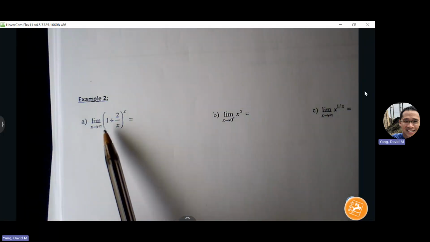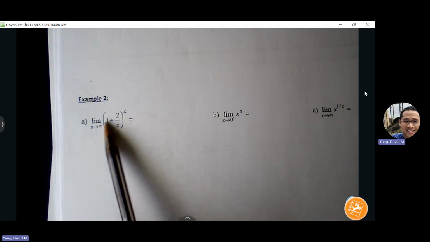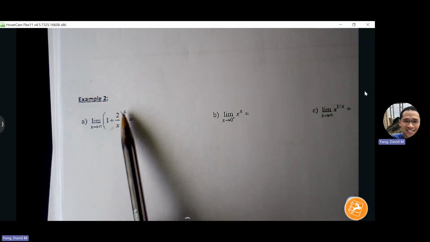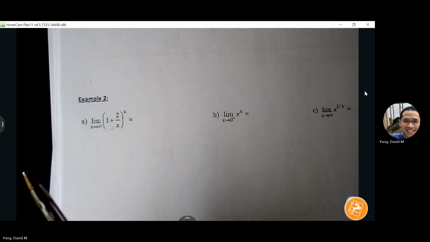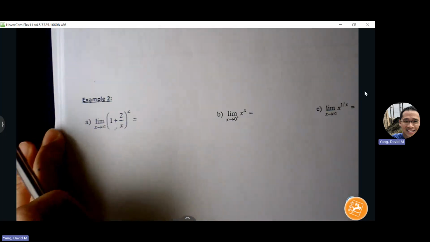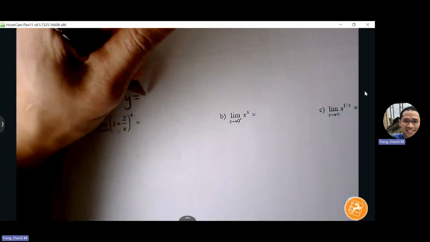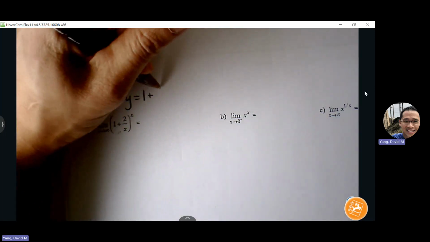So first, we see a variable expression raised to a variable expression. We're not able to do L'Hopital's rule in this form, even though we are getting infinity raised to the infinity, or sorry, 1 raised to the infinity, but basically this is still a variable raised to a variable. So what we want to start off with is let's just write out the equation